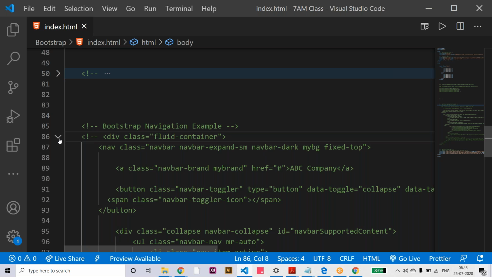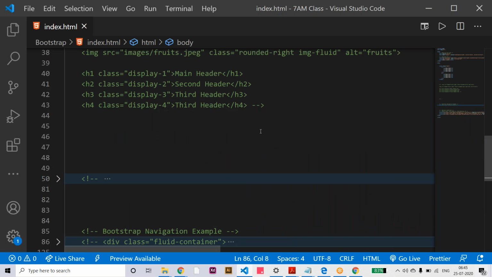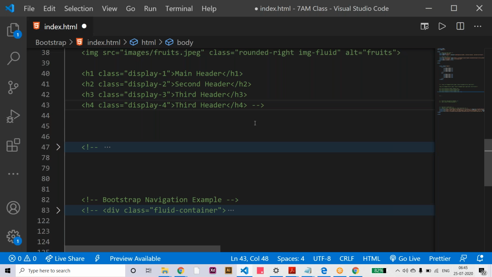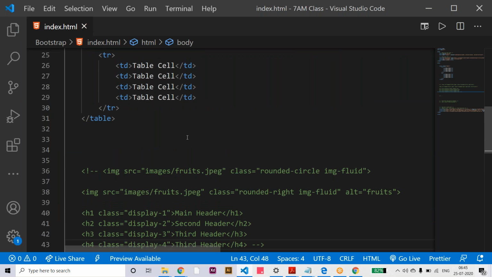Class. Because when you use any framework, it's very difficult to remember all the classes. And no need to remember all those classes, because overall in Bootstrap we are going to use just 20 to 30% of the Bootstrap CSS classes or other components, because the Bootstrap framework is developed for different requirements.